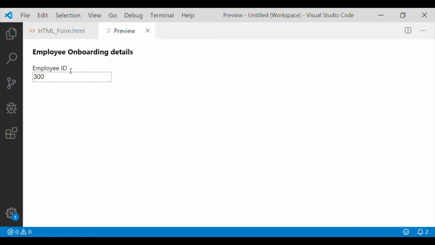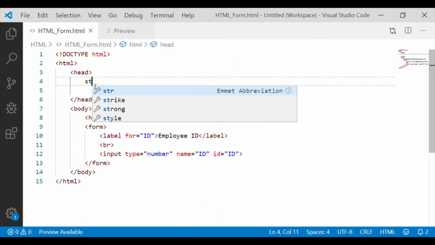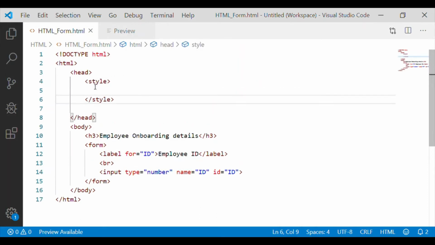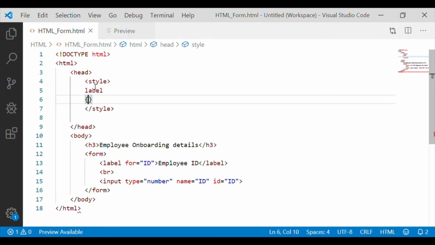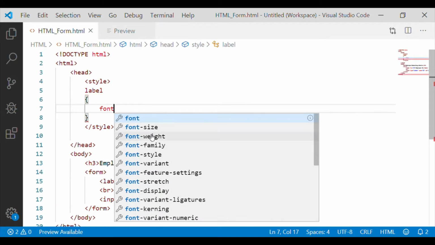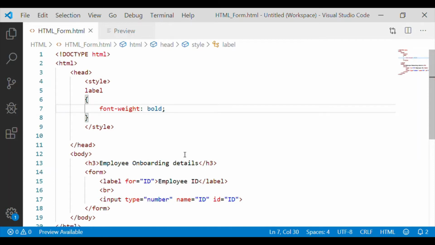If we see this employee ID label, it will be better if we make it bold. As employee ID is a label, I want the characteristics of all labels in the form to be bold. So I will go to the head section of the HTML and use the style option, where I am going to declare for all labels font weight shall be, let me select bold.